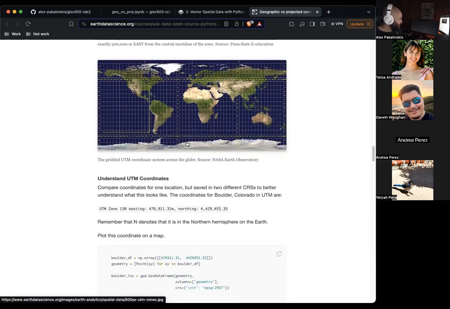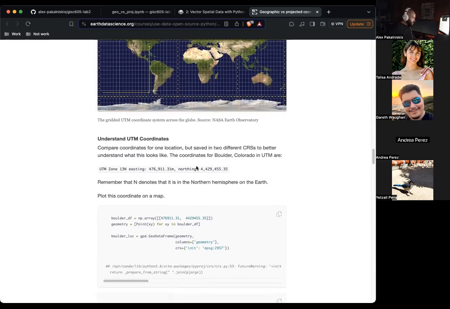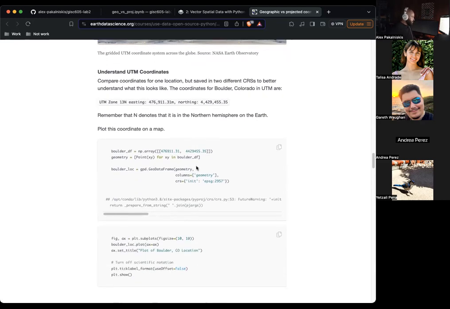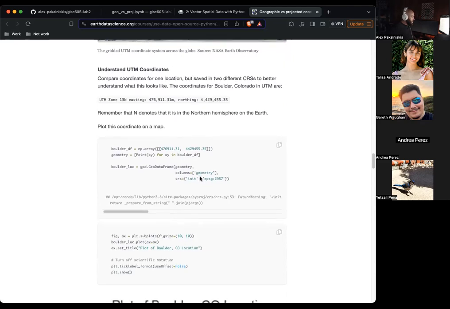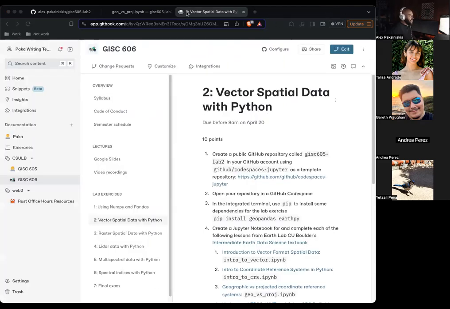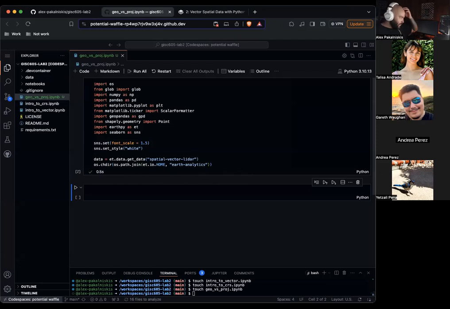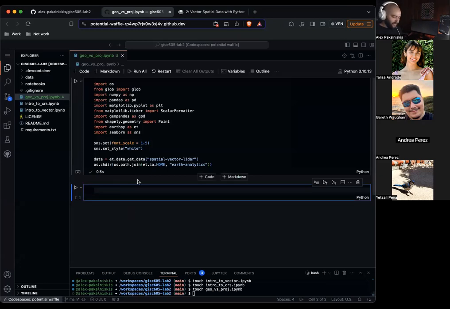So you can see here an example of the UTM grid. Yeah, we're around this general area in California. So like, yeah, 11-ish, I think. So let's actually get some experience with UTM in Python. Let's create a data frame for the city of Boulder and plot it.